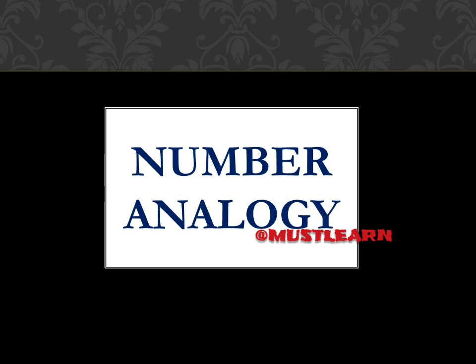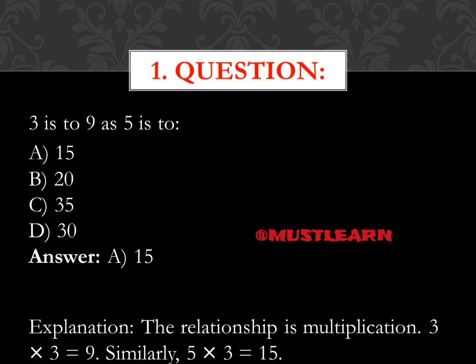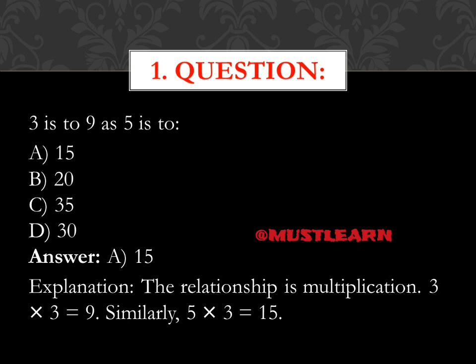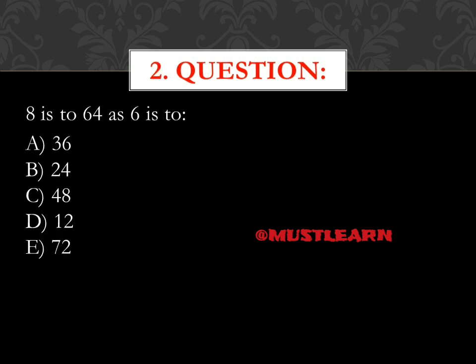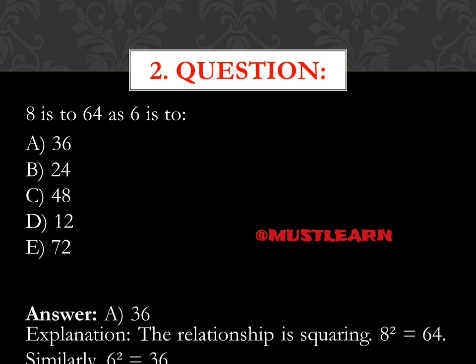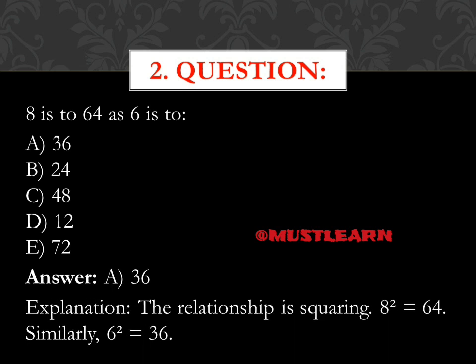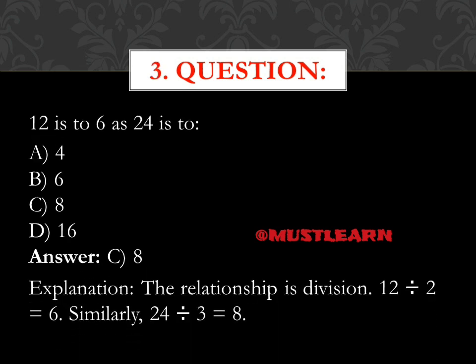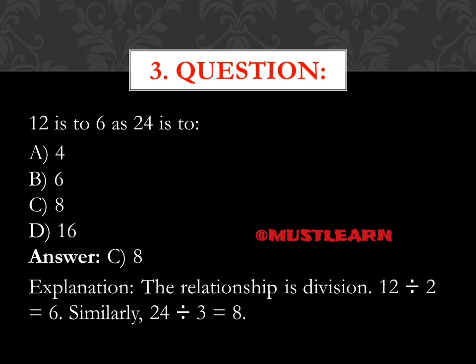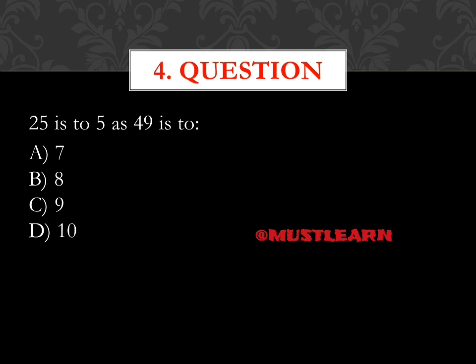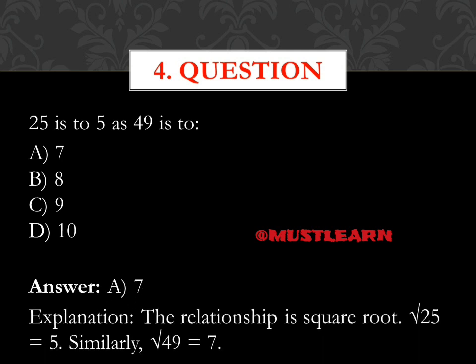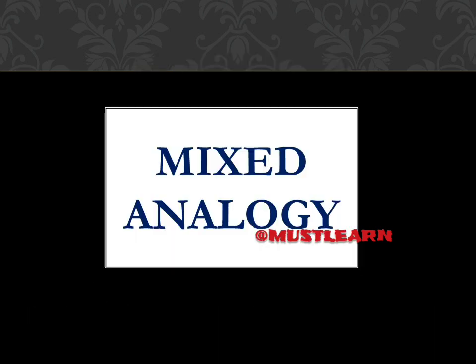Number analogy. First question. 3 is to 9 as 5 is to 15. Option A is the correct answer. 8 is to 64 as 6 is to 36. Option A. 12 is to 6 as 24 is to 8. Option C. 25 is to 5 as 49 is to 7. Then mixed analogy. First question,